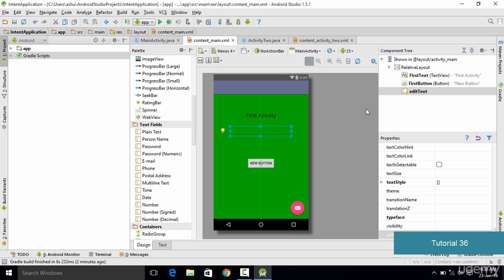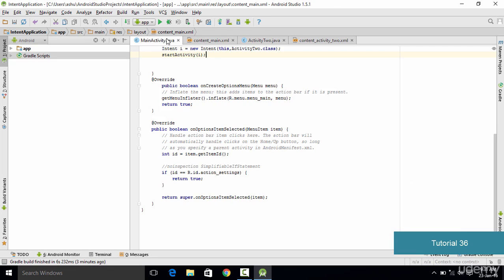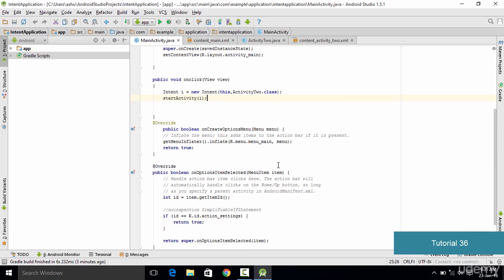Now the next thing which we need to do is give an ID to this. So again we go into properties and search for ID, and we give it an ID of, let's say, first input. Now once we have given this an ID, we switch to the Java class, and inside the Java class